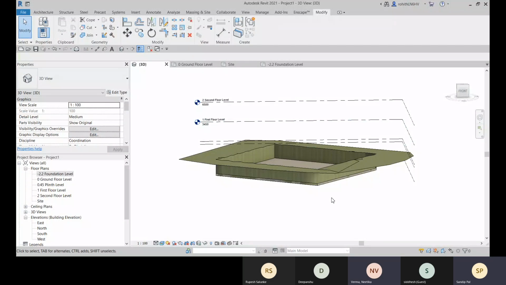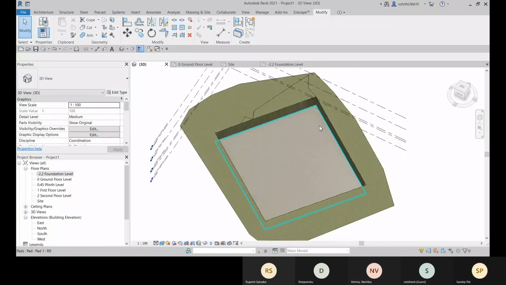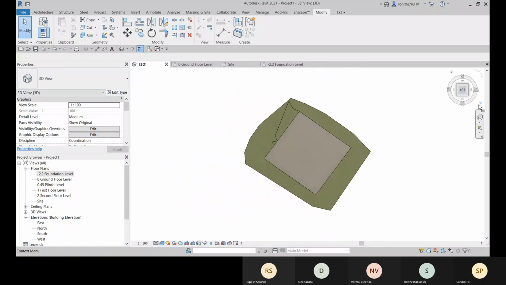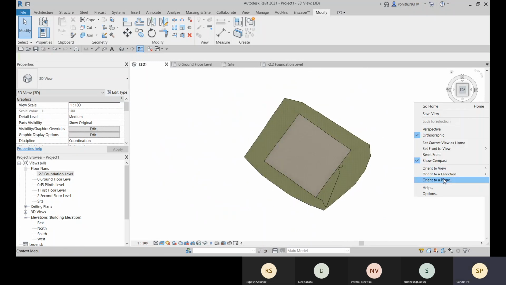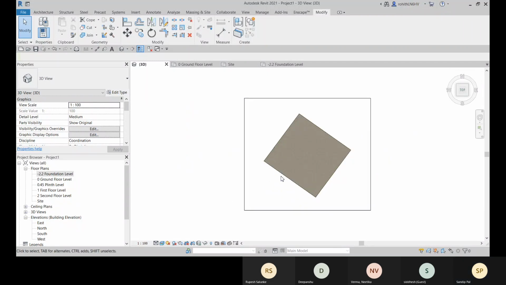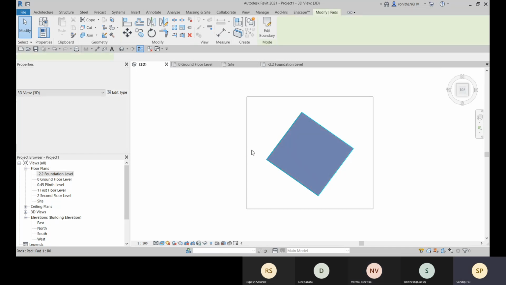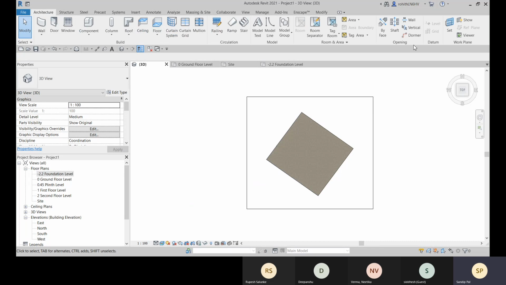And let me go to this 3D. Okay. So you need to place all your grids, and accordingly you will be creating. So here also you can go to view, floor plans, and floor plan foundation. Okay. So in this foundation, this is included. This one is included. So that is visible. Okay. And here we can start placing some grids.